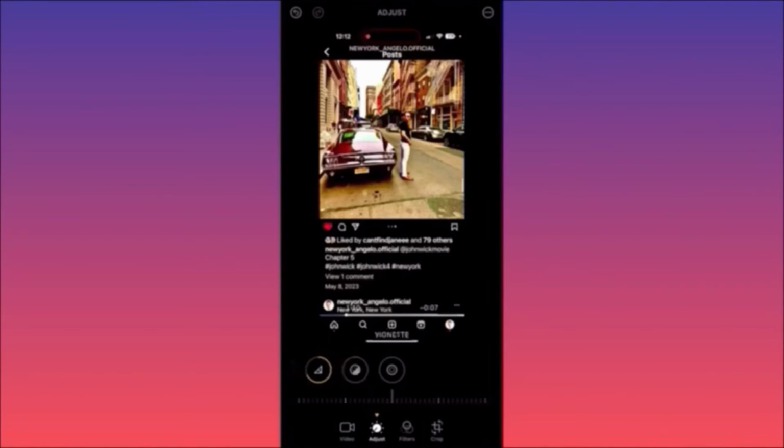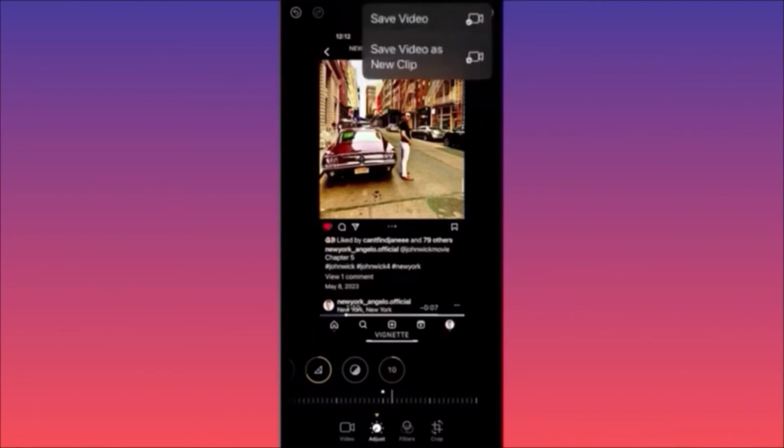Last one is the vignette. Well, this is again not so useful. This brings, I would say, very, very small details sometimes to pop, but not always. Essentially, guys, this is everything that you need to know when you're editing your videos on your